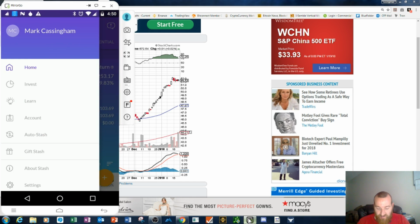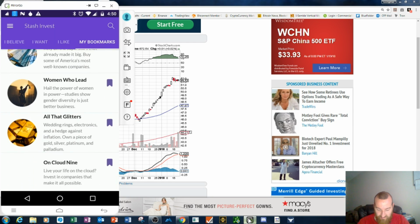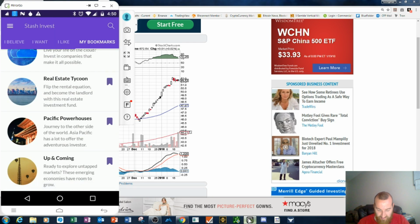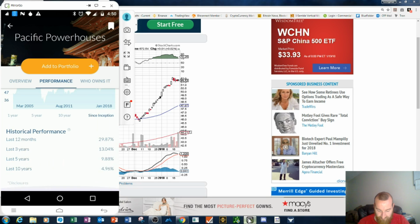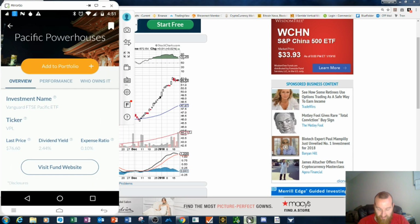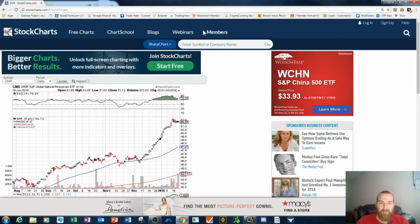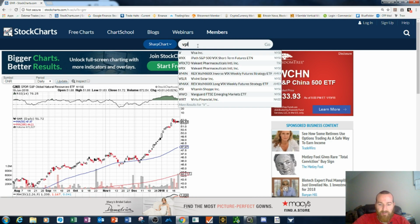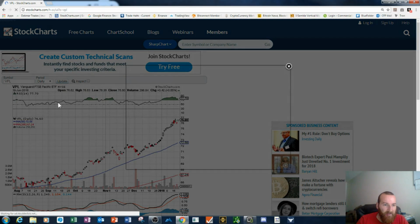And then I am still looking at my bookmarked ETFs. I'm not really looking at some of these consistently, but I really want to do either Pacific Powerhouse or Up and Coming, because they're ETFs that are in other countries, basically. So it's like hedging my portfolio a little bit. You can see VPL, which is the Vanguard Pacific